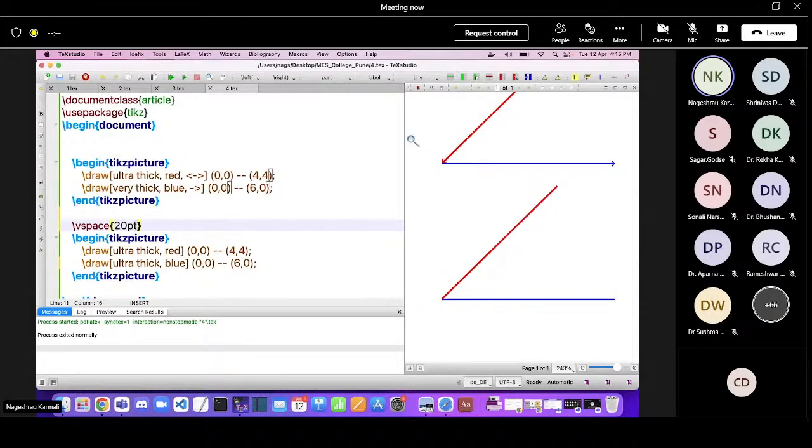So basically your entire TikZ picture starts at 0, 0 and ends at n, n. So you can consider it as multiple TikZ pictures having multiple coordinates. The coordinates are with respect to each TikZ picture and they do not overlap. Okay. Now let's draw another line over here. So we would write draw